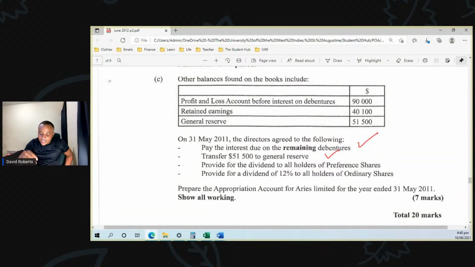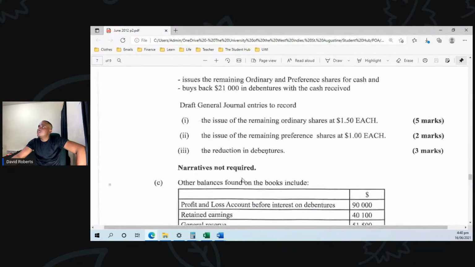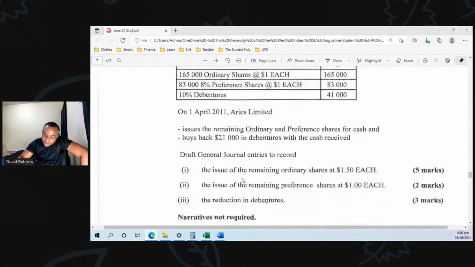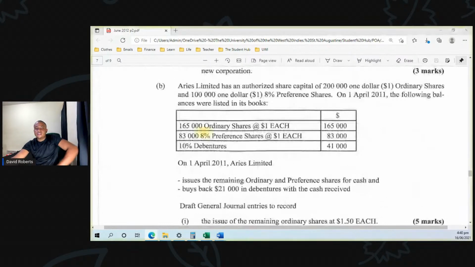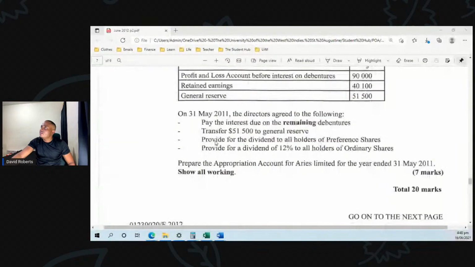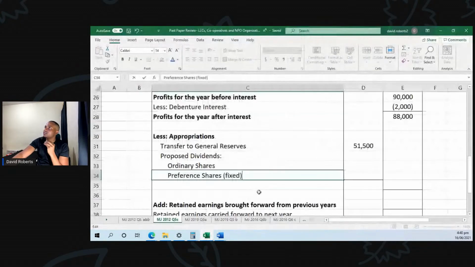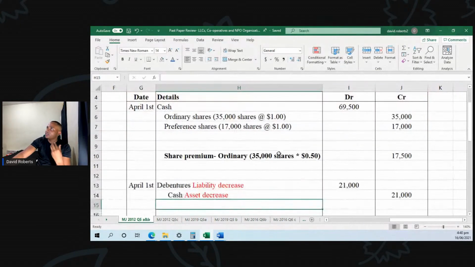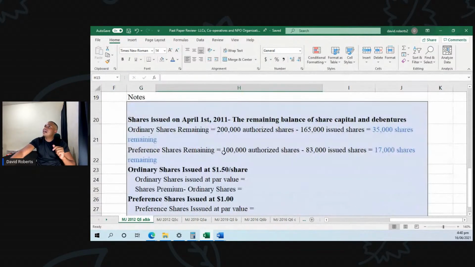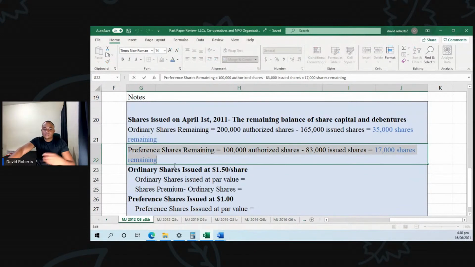Now, we have to provide for the dividends to all holders of preference shares. The dividends for the preference shares is 8%. Therefore, we need to find 8% of our preference shares, right? So I'm going back down now. You need to provide for the dividends to all preference shareholders, right? Okay, but look at this. What we would have calculated so far, everybody look at this here, highlight. So the preference shares remaining,